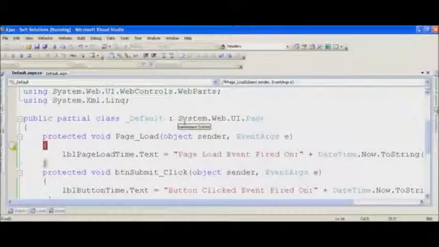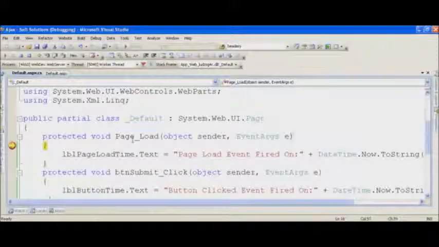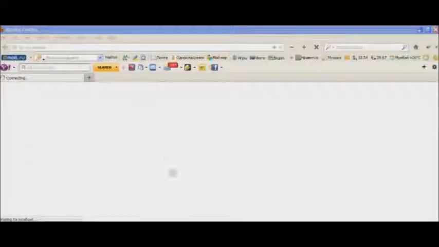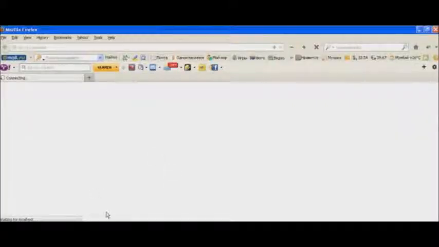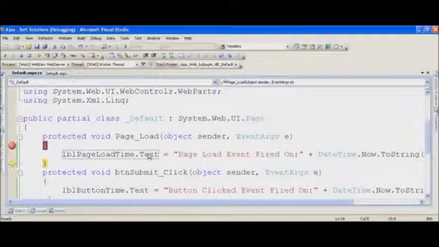Now run this code. Now you can see one thing. When this code runs, for the first time the page load event fires and the value of the label control changes and it will display the current date time.